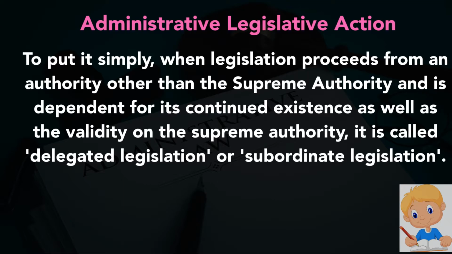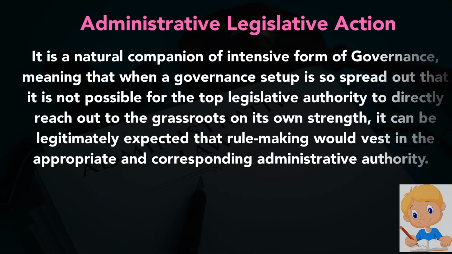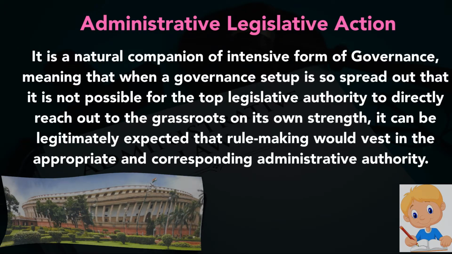This is simple. We have already discussed these things. Nevertheless, I explained it for your understanding. Further, it says it is a natural companion of intensive forms of governance, meaning that when a governance setup is so spread out that it is not possible for the top legislative authority to directly reach out to the grassroots on its own strength, it can be legitimately expected that rule-making would vest in the appropriate and corresponding administrative authority. What does it mean? If we talk about the parliament, it has already